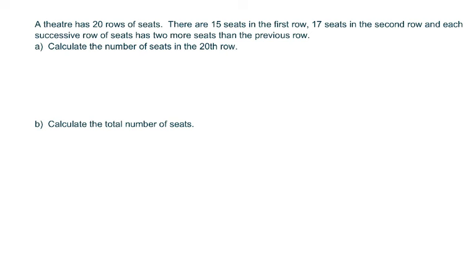A theater has 20 rows of seats. There are 15 seats in the first row, 17 in the second, and each successive row has 2 more seats than the other. So basically, 15, 17, the next one would be 19, so our common difference is 2. So we want to know what the 20th row is. So u_20